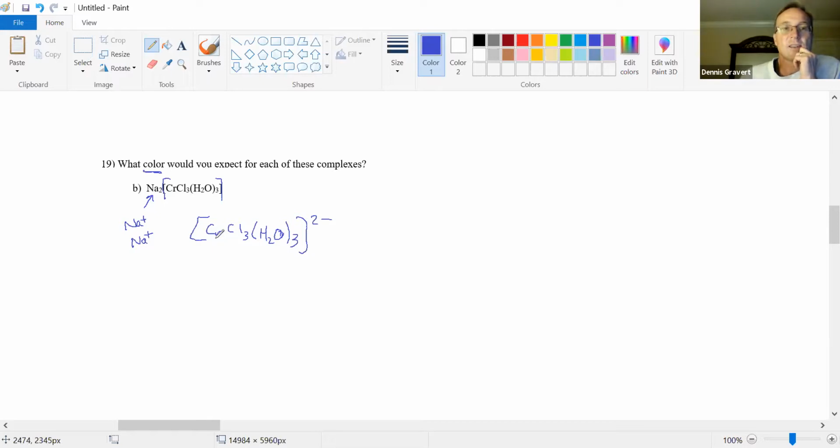And then peel away the chromium. Charge on the chromium plus 3 of these negatively charged chlorines. Water is neutral. It has to add up to -2. So X, that's a +2. This is a +1,